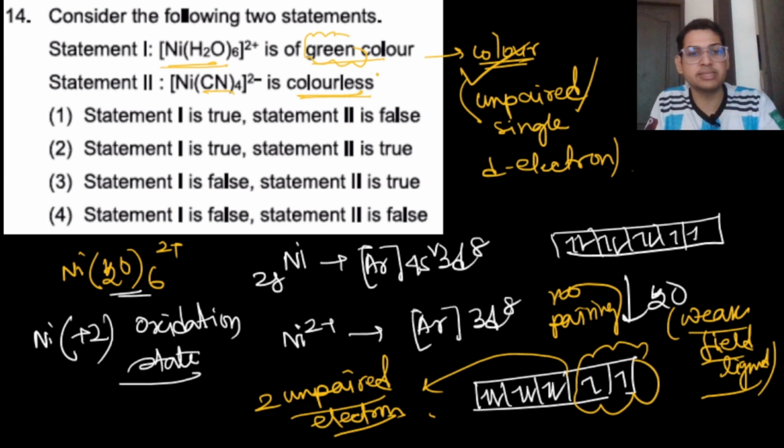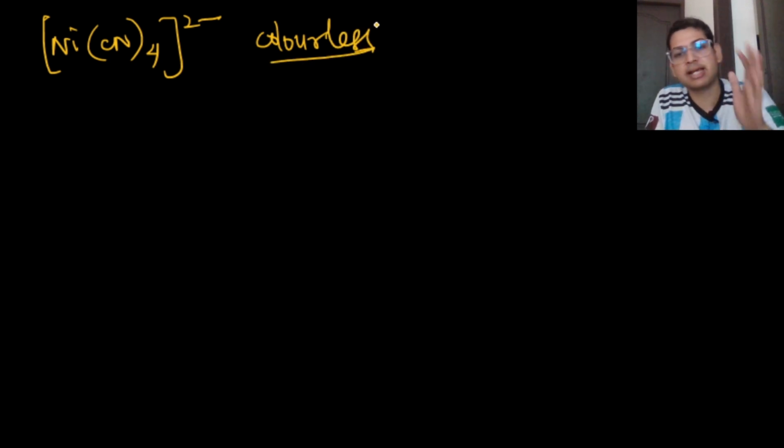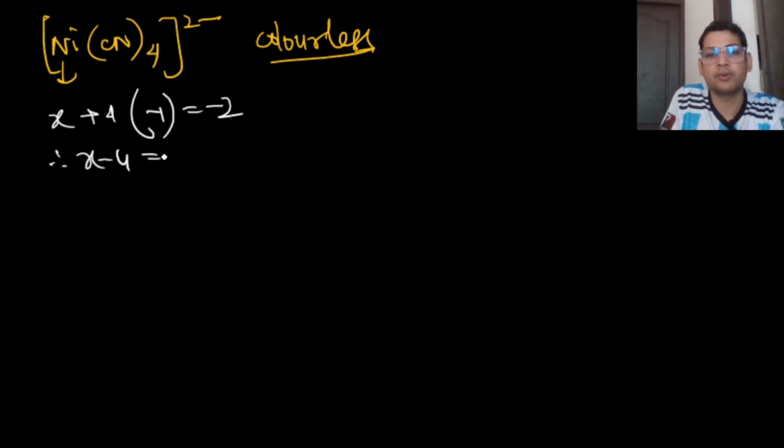Now [Ni(CN)4]2- is colorless. I know you know this, but it's my duty to make you understand this thing. Okay sir, [Ni(CN)4]2-, how to do it, sir? If it is colorless, then I have to prove that there is no unpaired electron. Here it is x, so x plus 4 into CN is -1